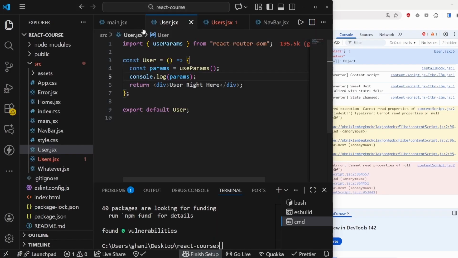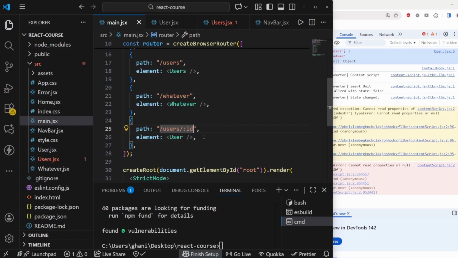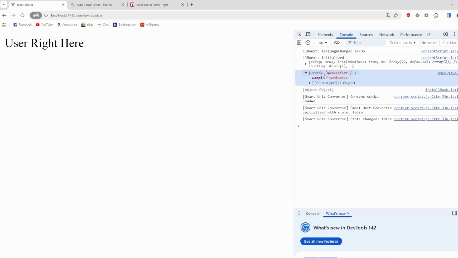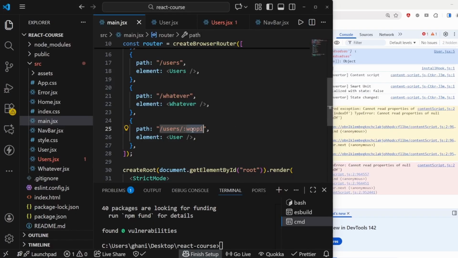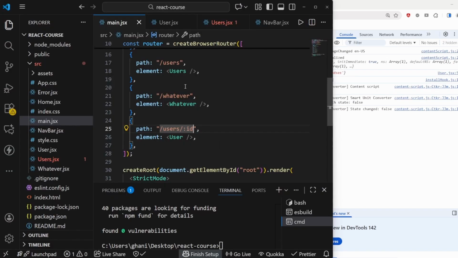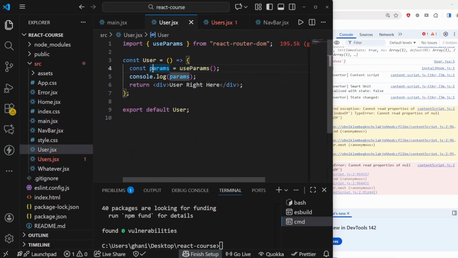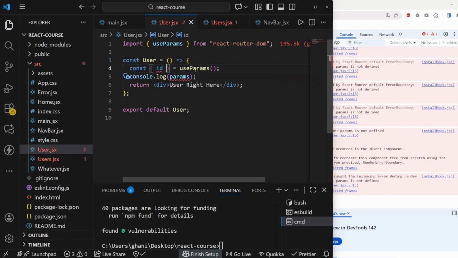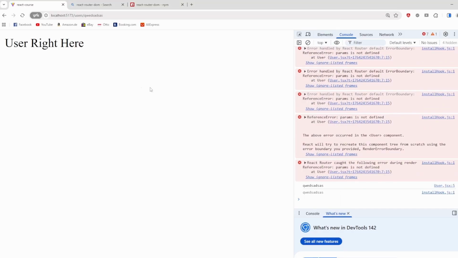If I'm going to rename this one right here though to :whoopie, like so, we're now getting an object that holds whoopie. So the name that we're passing right here to this parameter is going to be the name that we are having inside of this object. But ID obviously makes a little more sense. Since this is an object, we can also immediately destructure it and say, okay, we only need to get the ID out of this object because in fact we only want to have the ID. And now if I'm going to